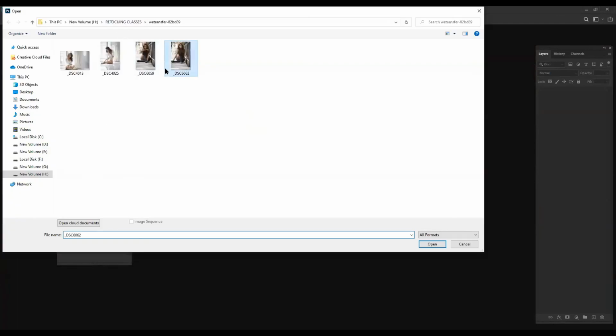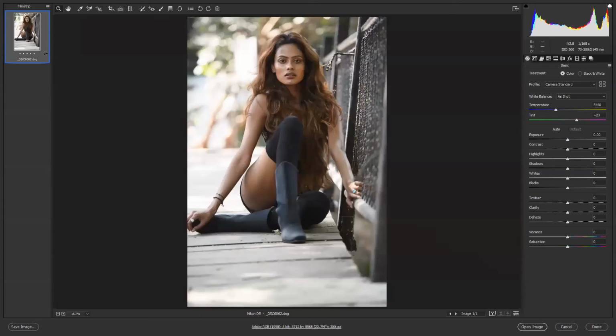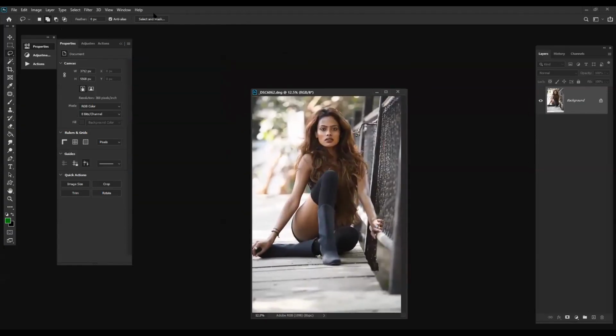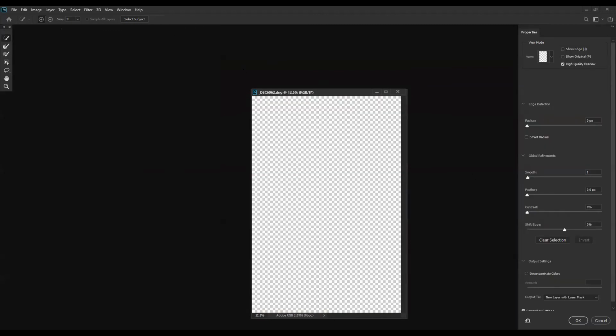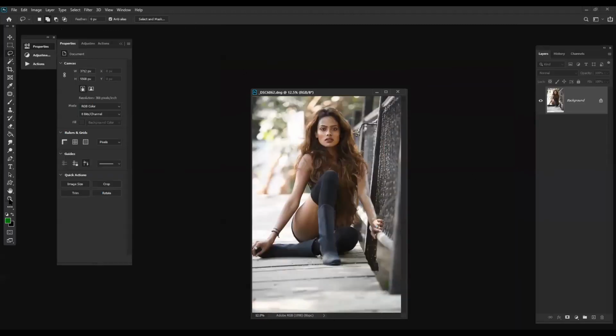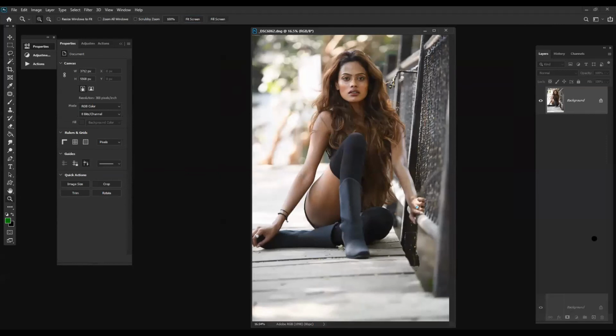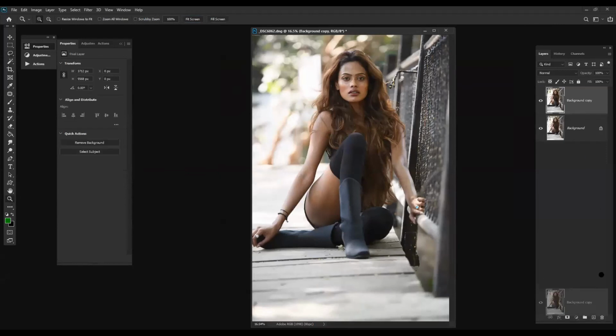Let me take another image. We take first an image, second an image. The first layer we name it color. The second image we name it texture.